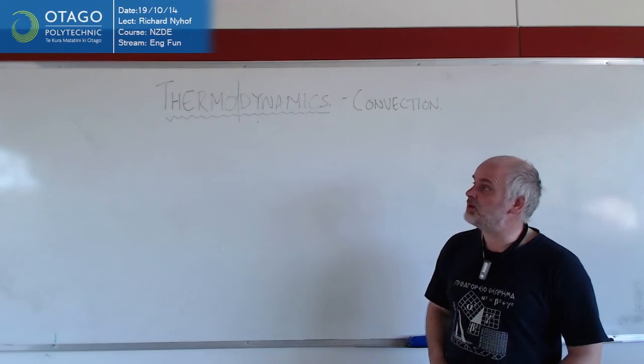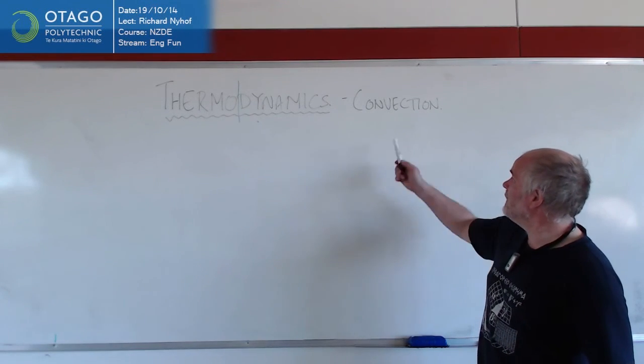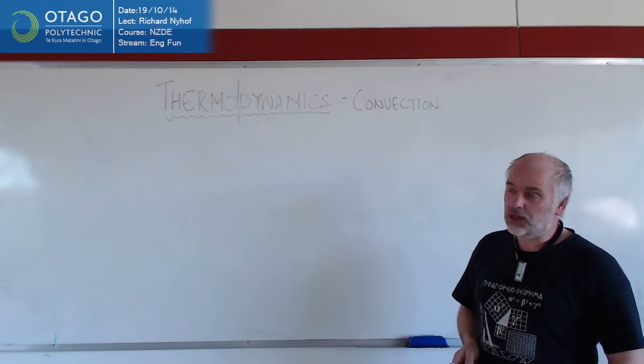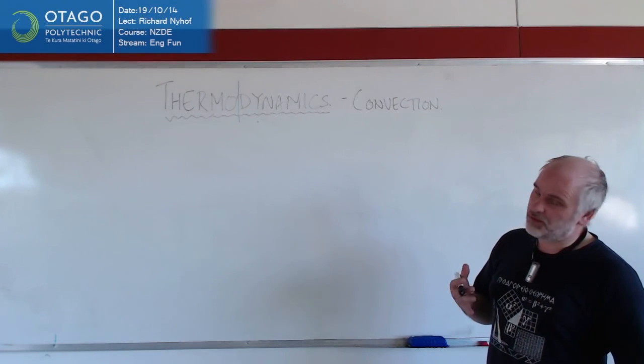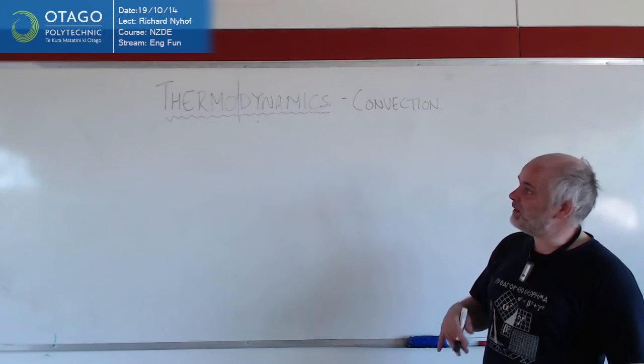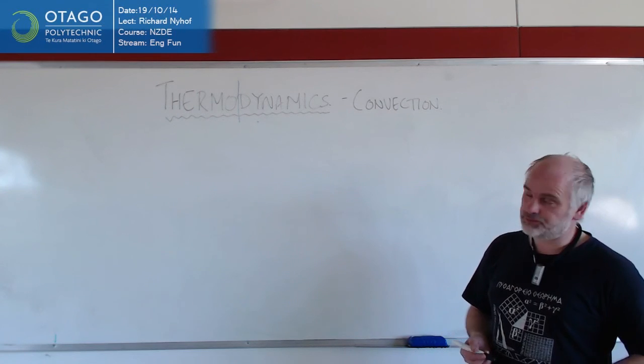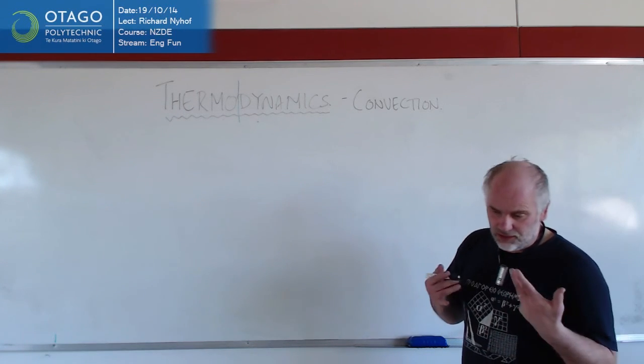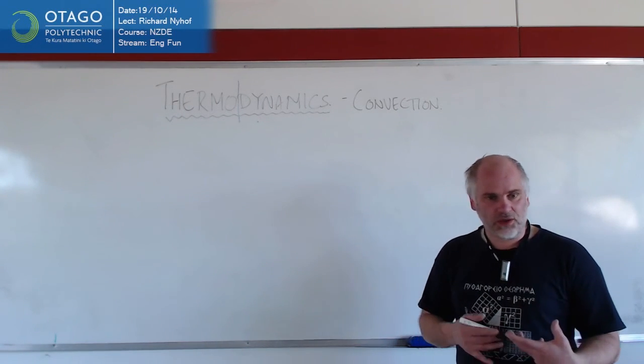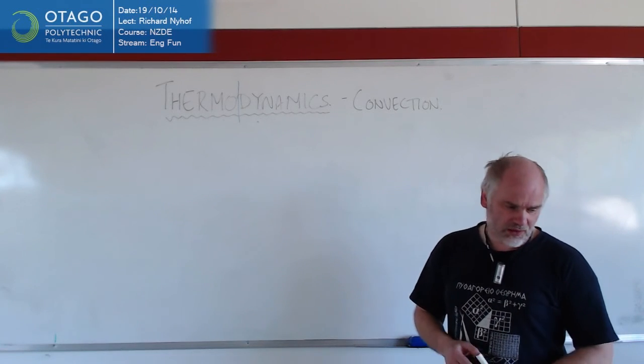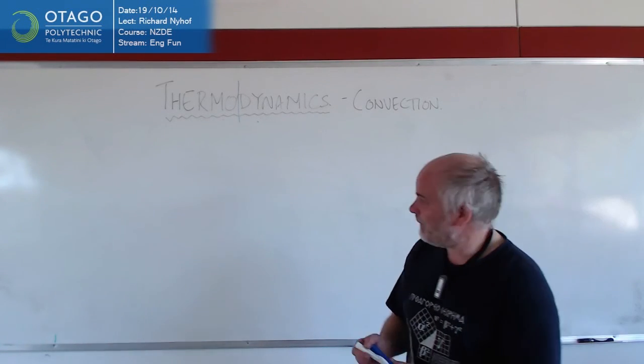Another way in which heat can be transferred, we can move heat, is the idea of convection. And convection occurs in a fluid. So by a fluid we mean a liquid or a gas. And unlike conduction, this actually relies on the particles themselves moving. So for example, if we have a window,